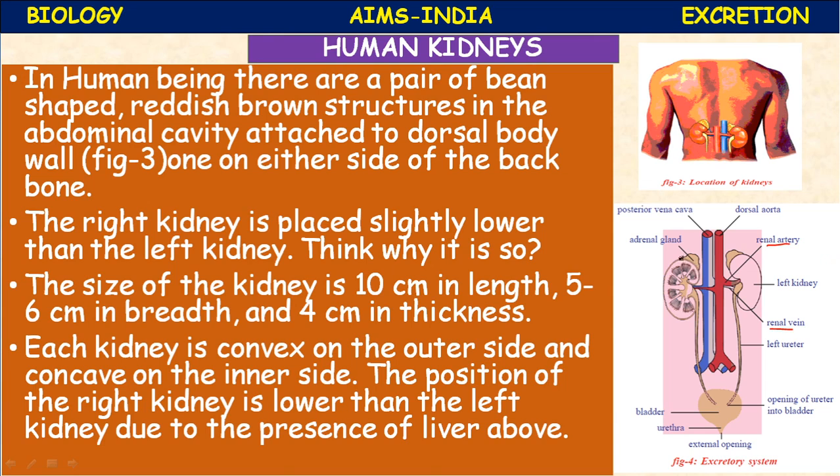This is above the kidney. The adrenal gland is placed like this. It has no role in the process of excretion. Of course, the hormones produced by this gland also influence the process of excretion to some extent, not totally. Next,